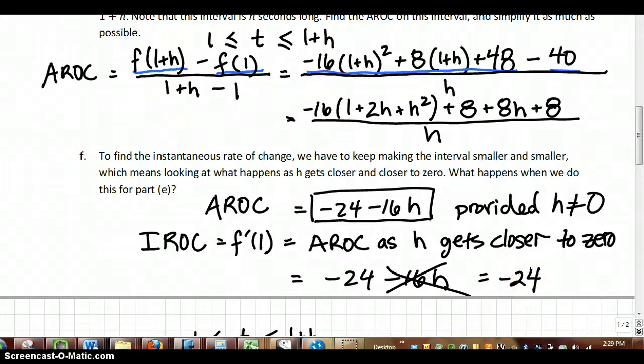So the instantaneous rate at which this ball is dropping at the second where the time is equal to 1 is going to be negative 24 feet per second, which is exactly what we predicted, remember. But we found it for sure and logically using algebra and without having to do a whole lot of calculations to see what the trend is. Just one kind of ugly algebra calculation, which isn't so bad maybe